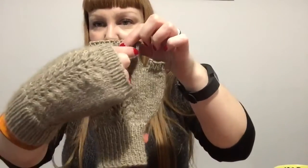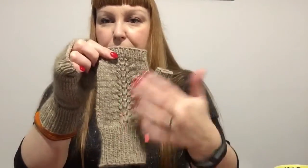So you knit your fingerless mitts with a pattern down the back of your hand. You can see there the pattern runs right down the middle of the back of the hand here. But when you put it on, unless you've got your hand like that the whole time, which you never do, the pattern always gets shifted over to the side where your thumb is, just because your thumb wants to go around there. So the pattern always ends up off center,